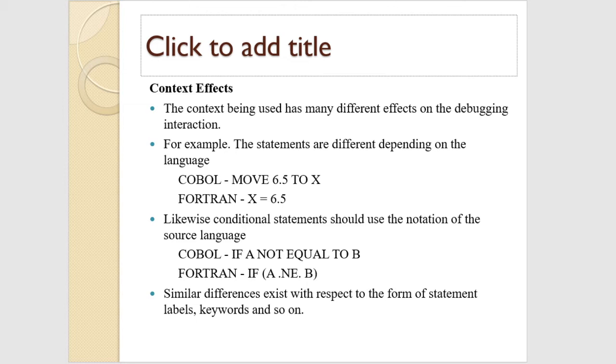In COBOL, the statement will be MOVE 6.5 TO X, and in Fortran and C the assignment statement is written as X = 6.5. Likewise, for the conditional statement, for example in COBOL, IF A NOT EQUAL TO B, in Fortran it will be written as IF A .NE. B, which means A not equal to B.